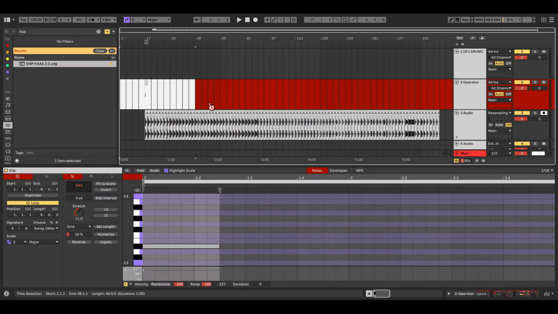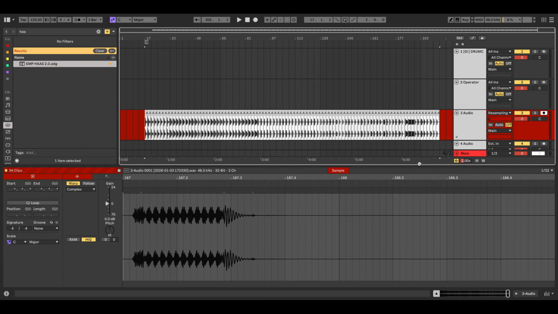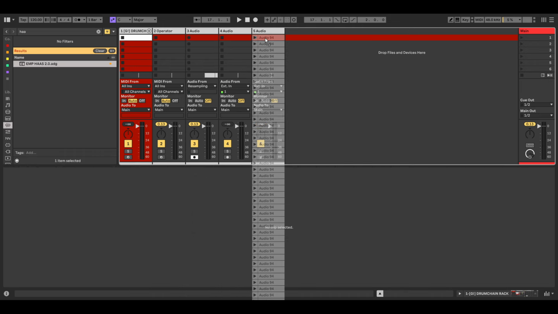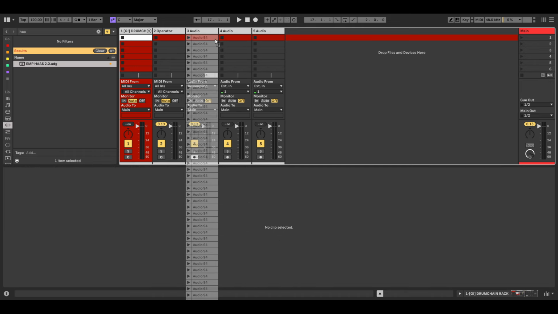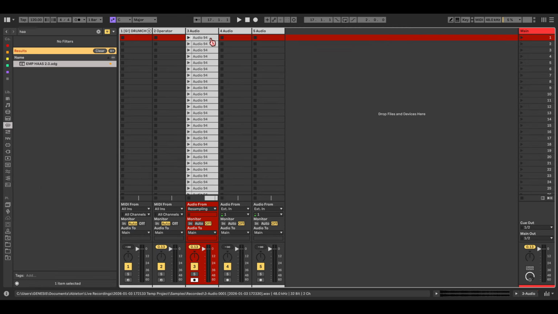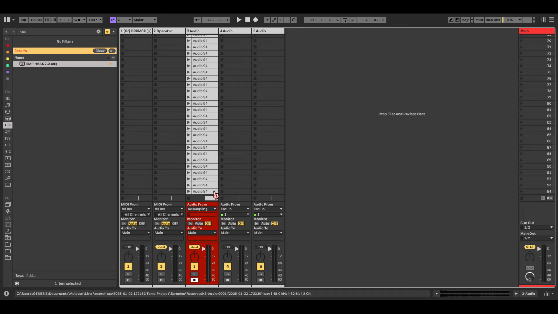And once you've got all that, you can select all your samples, then click and hold one of the clips so you can move them around. And once you have your mouse held down, press Tab to go to the arrangement view and plug it to one of the audio tracks that you have available. Once you've done that, you select all of the samples that you've dragged in there, then right click and then